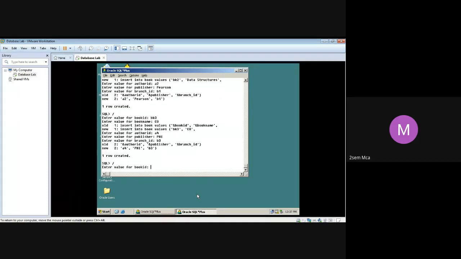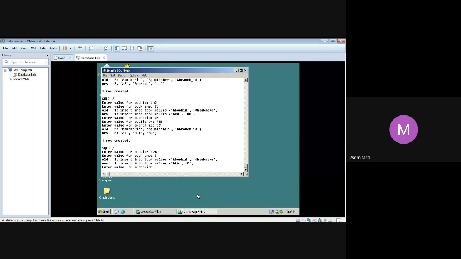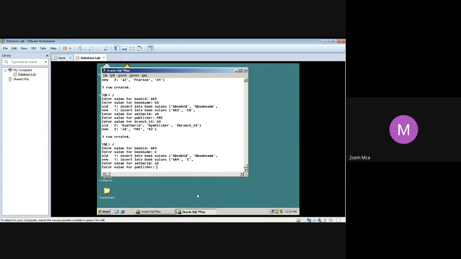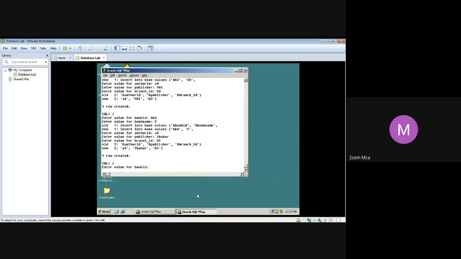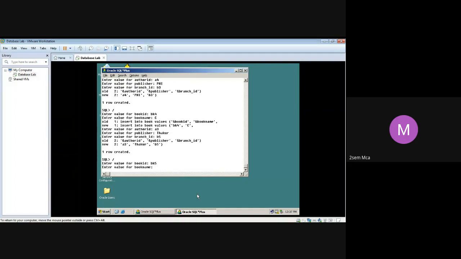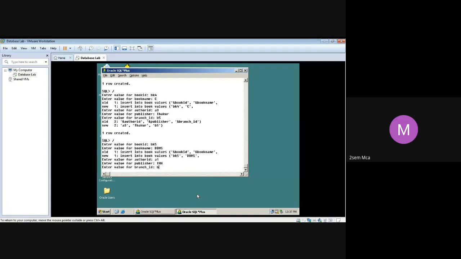BK4, C, A3, Thakur Publishers, B5. BK5, I forget this, DBMS, A1, TMH, B2.